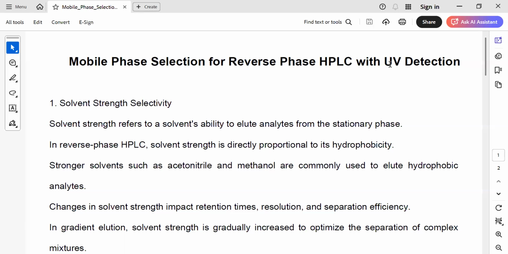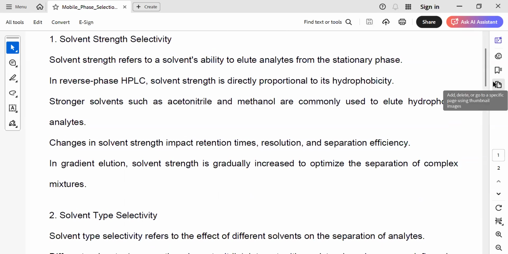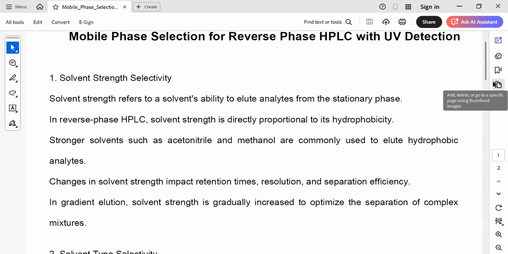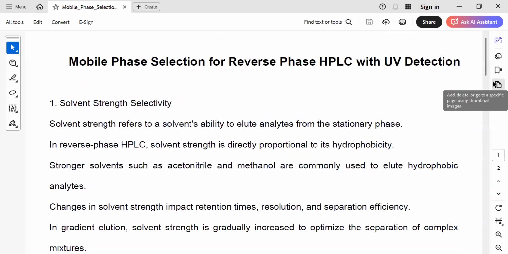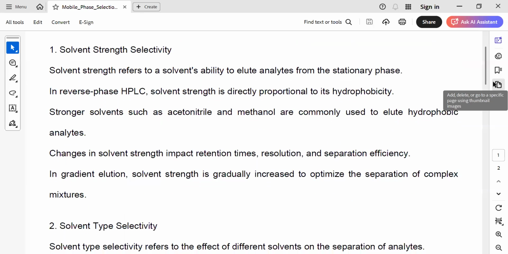So now, mobile phase selection for RP-HPLC. Very, very important. It is based upon the solvent strength selectivity. What are we talking about? We are talking about the mobile phase selection for reverse phase RP-HPLC and UV detection. So solvent strength selectivity refers to